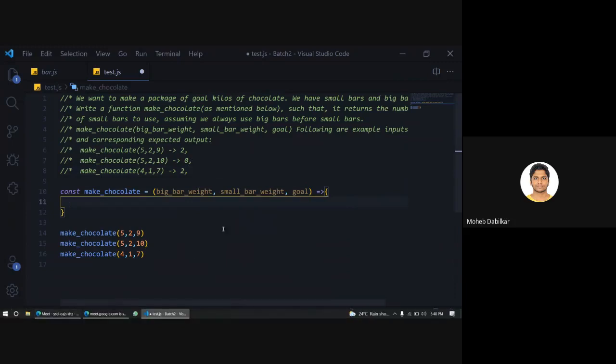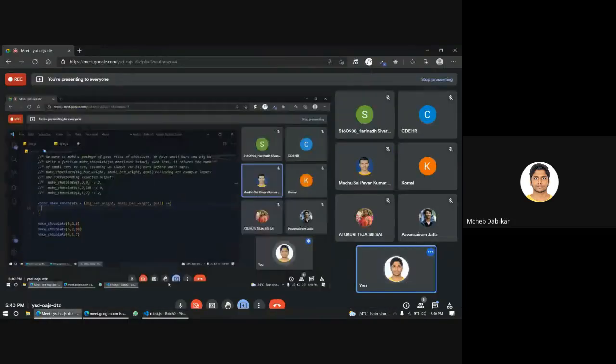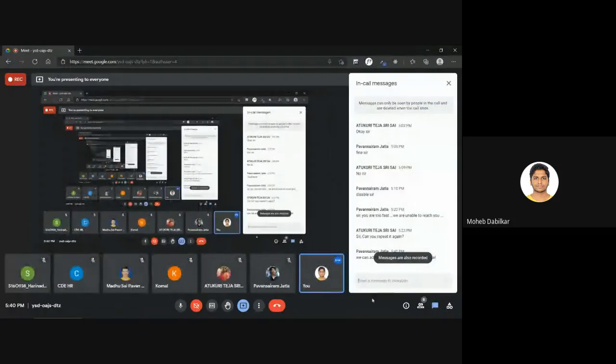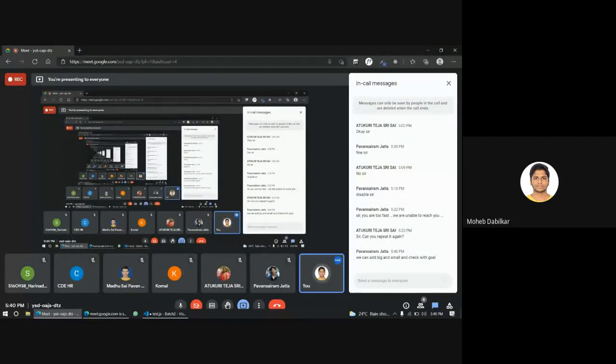Okay, Pawan says we can add big and small and check with it again. Sir, you're too fast. Yeah, Pawan did say this, right? Okay, yes. Teja, what do you want me to repeat?